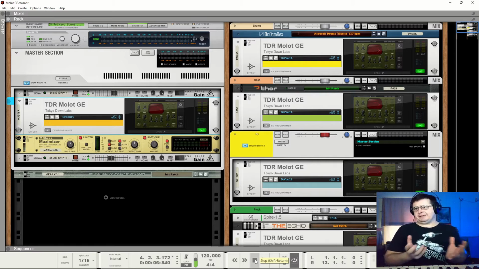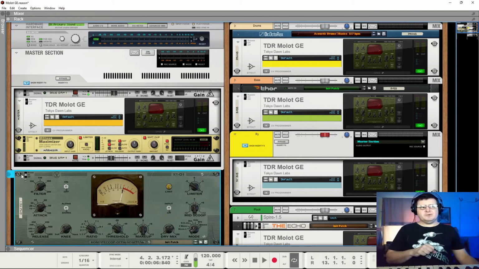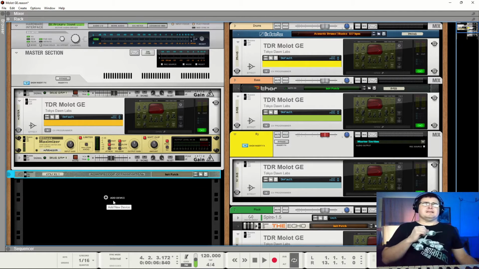Molot means hammer, and so this is a compressor that's kind of famous for having a hammer-like sound, that it can really clamp down on things, and so it imparts a kind of character. But in my experience, using the C1L1 version of this, that doesn't have to be a brutal hammer at all. It can actually be very charming in what it does.